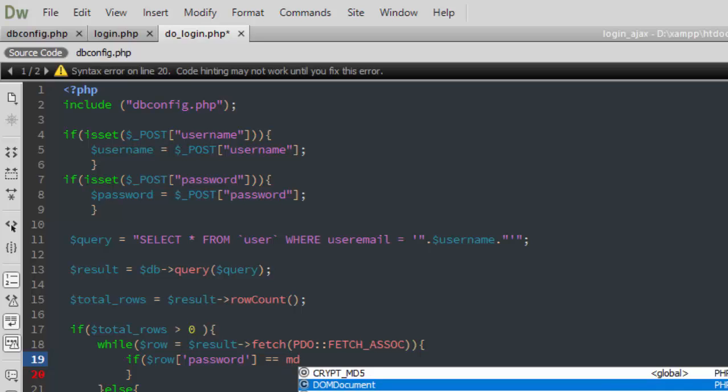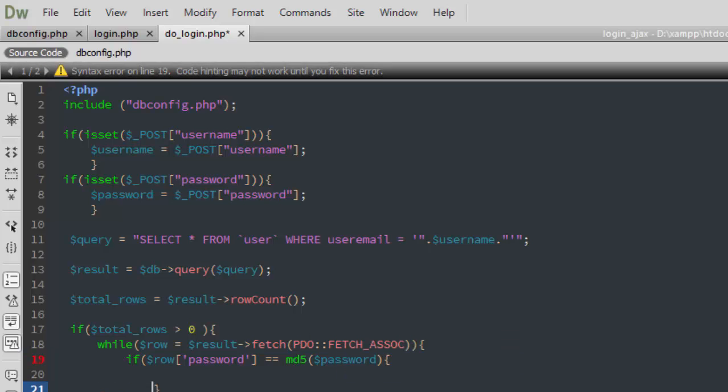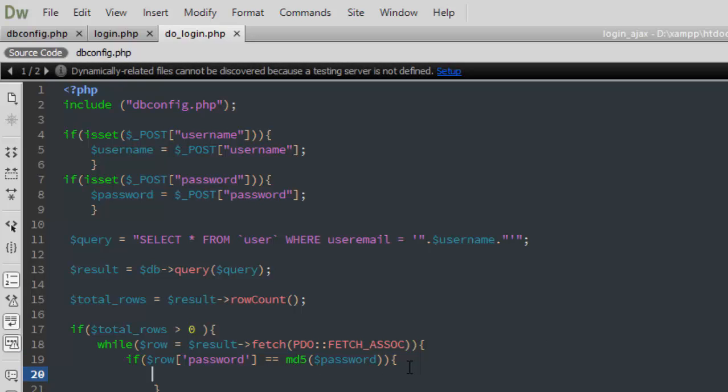So MD5, braces, password, close. So if the password matched the database,